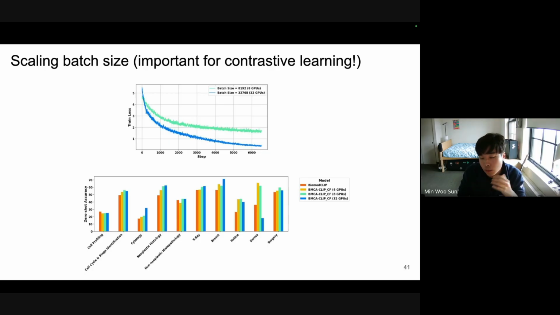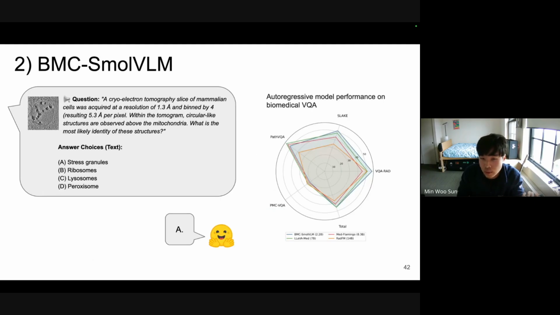Furthermore, at the bottom, we're seeing zero-shot classification performance across biomedical tasks. Scaling batch size does help performance in this way, although there are some notable variations. And I think something we've noticed also is there's a lot of variation across epochs in training. And so we actually released all the checkpoints so that the community can choose to use any of these models at different epochs and also do further analysis on why we see some of these interesting phenomena.